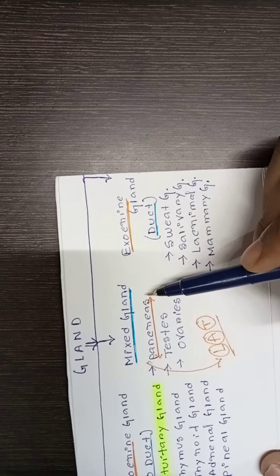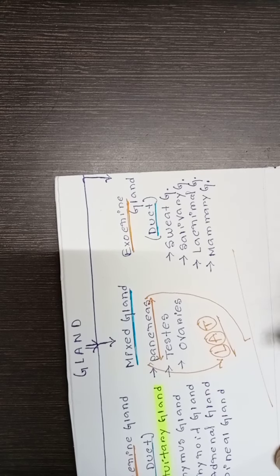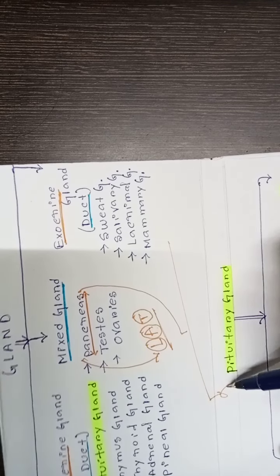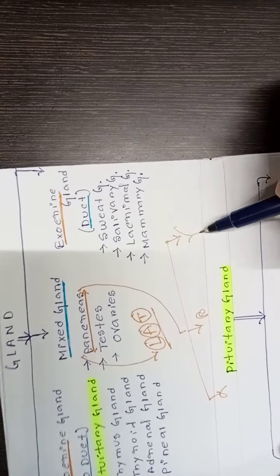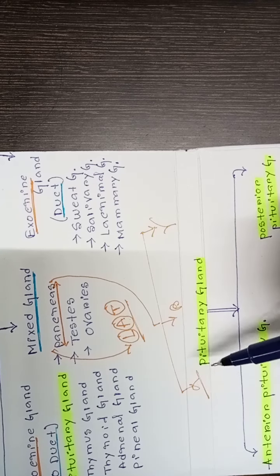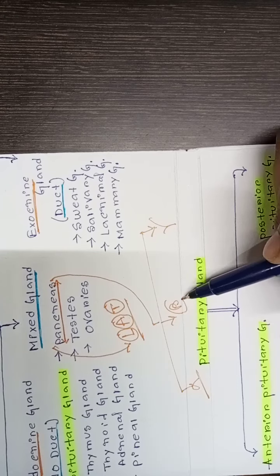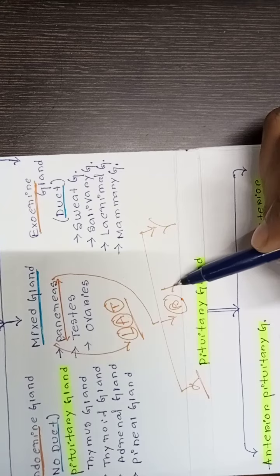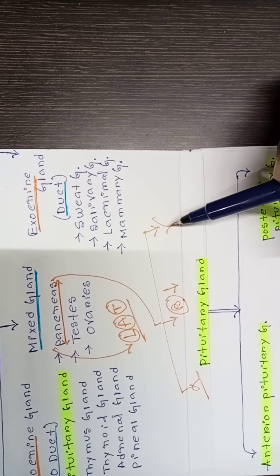This gland also has parts: alpha cell, beta cell, and gamma cell. The alpha cell secretes glucagon hormone, which increases the blood glucose level. The beta cell secretes insulin hormone, which is responsible for decreasing the blood glucose level. And the gamma cell produces somatostatin hormone, which is responsible